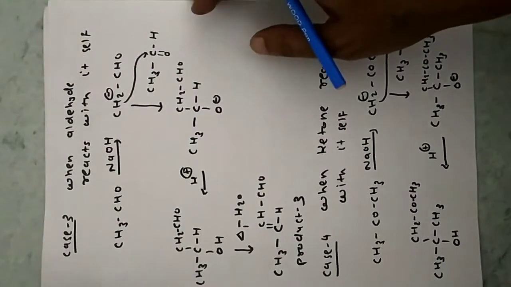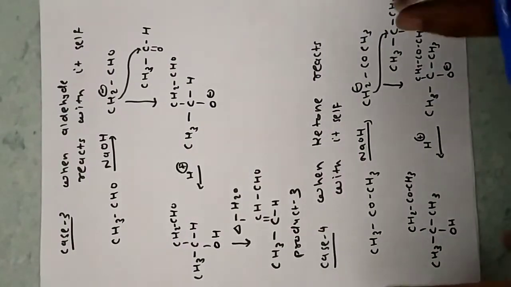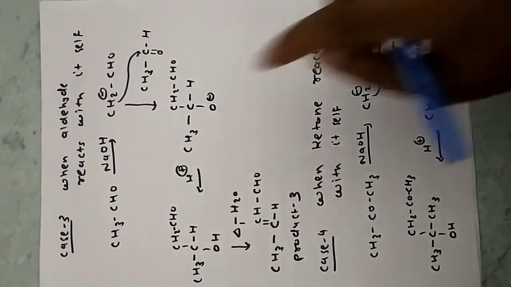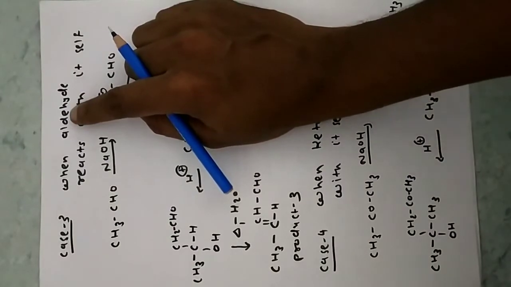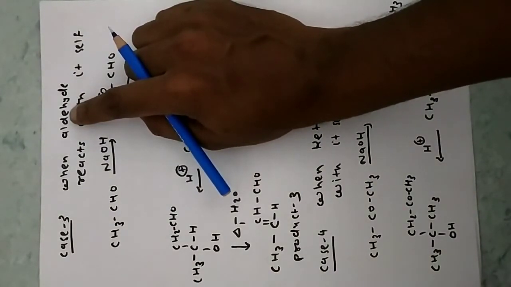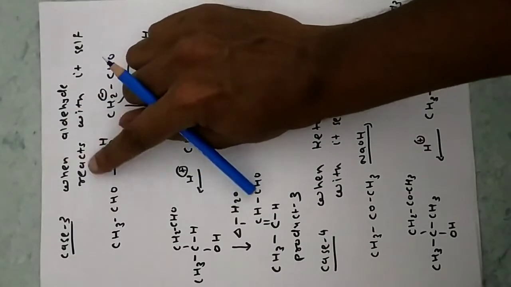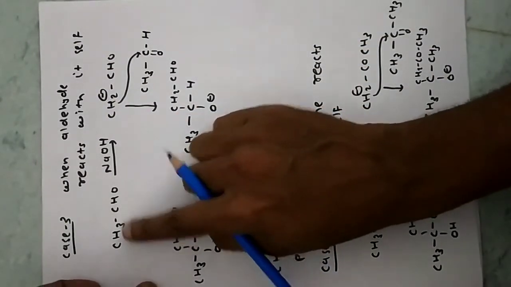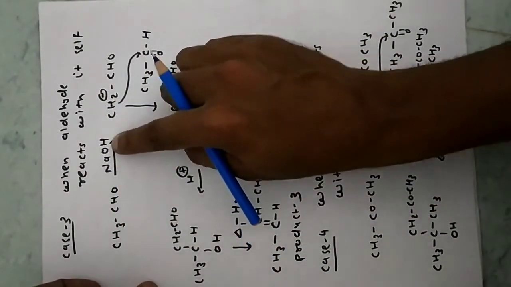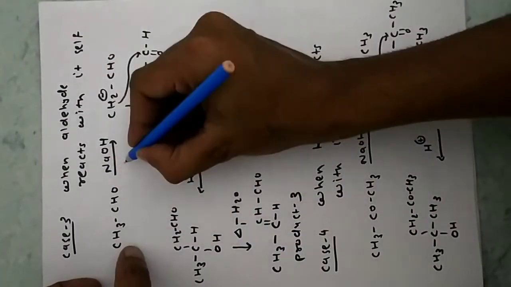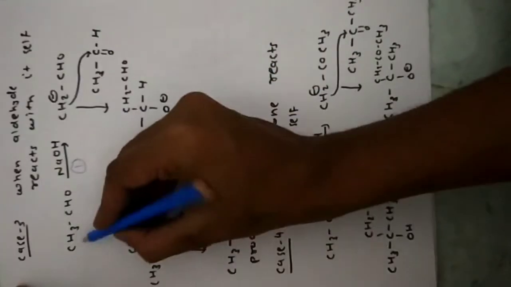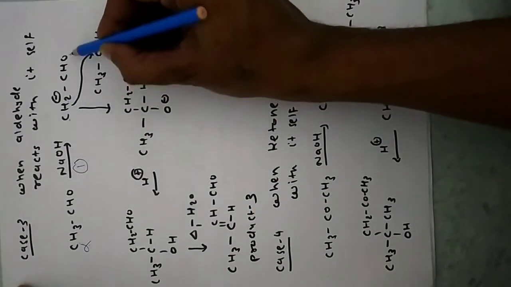Now case third, this gives third product. Now in case third, we have to react 2 molecules of aldehyde as per the aldol reaction. As per the aldol reaction, 2 aldehyde molecules will react here. So you can see here, CH3CHO when reacts with NaOH, what is the first step? This one is our first step. Okay. Hydrogen from alpha carbon removes here. So you can see making CH2 negative and CHO.